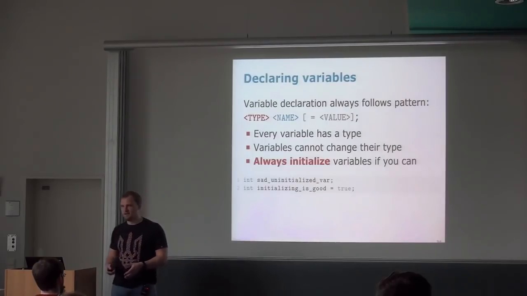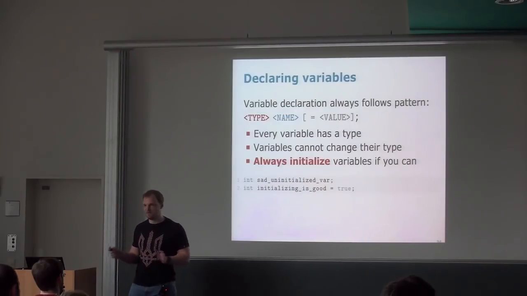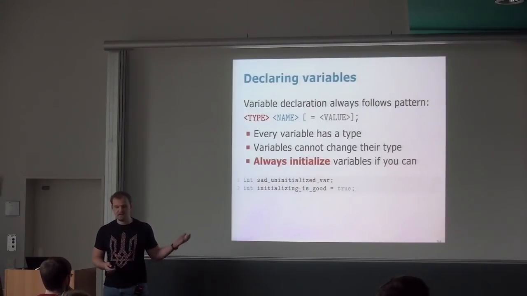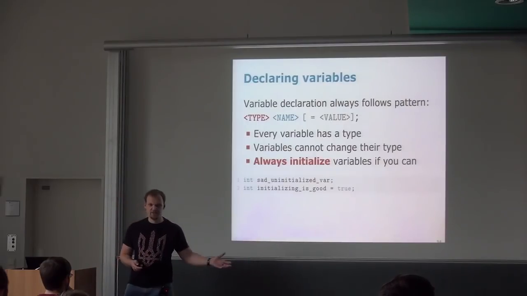And these bugs are hard to catch, so learn to always initialize the variable to a value. It can be a dummy value, but just so that you know which value it has. But generally, it's as simple as that. You just define a variable of a specific type, and you're done.